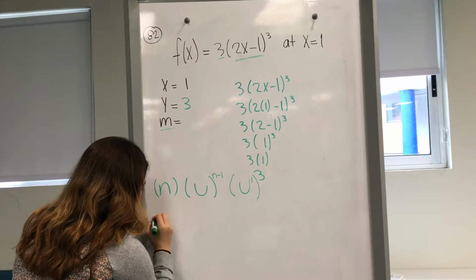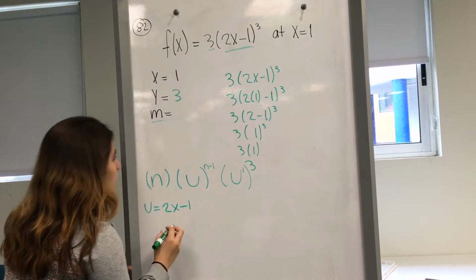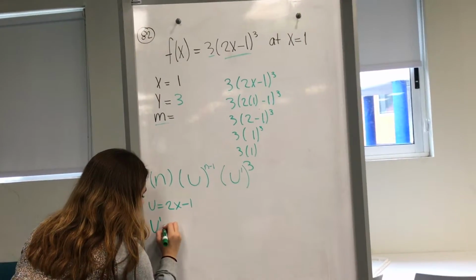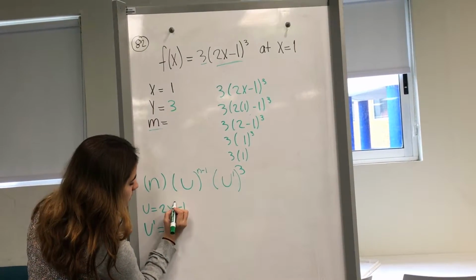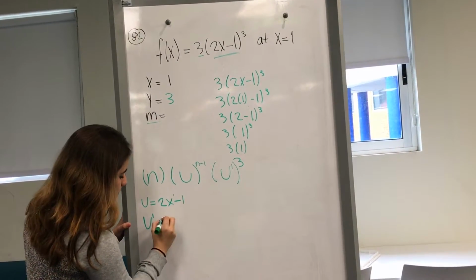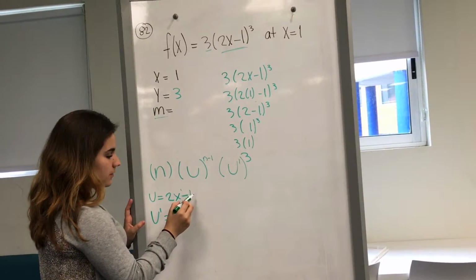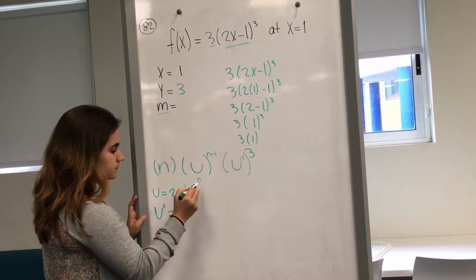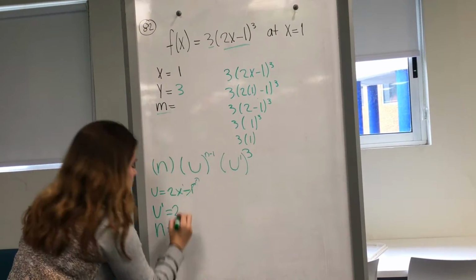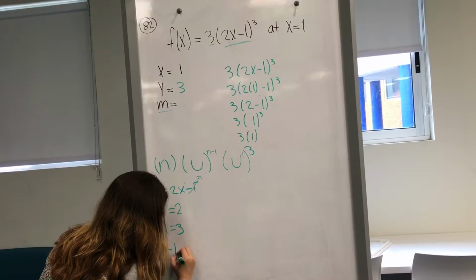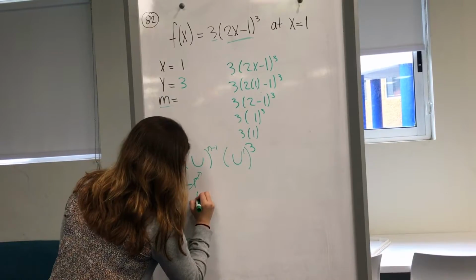So you have to find first u, which is 2x minus 1, then u prime, which is to find the derivative of this. So here you have an imaginary exponent of 1, so 1 times 2, 2, and then 1 minus 1, 0. So it's like that. And here you don't have a variable, so this cancels to 0. So it's just 2. And then you have n, which is the exponent, 3, and n minus 1, which is 2. Now you have to plug it into the formula, which is 3